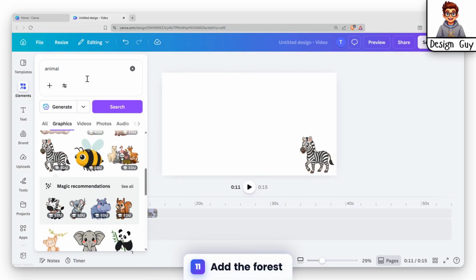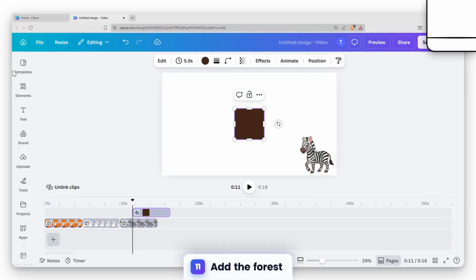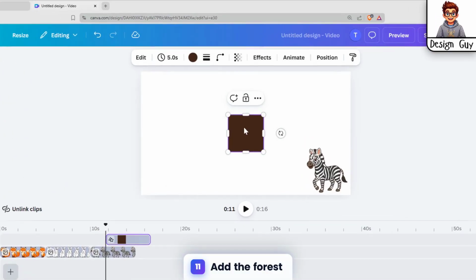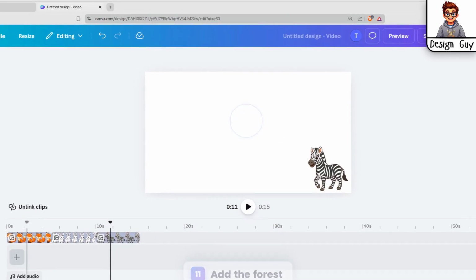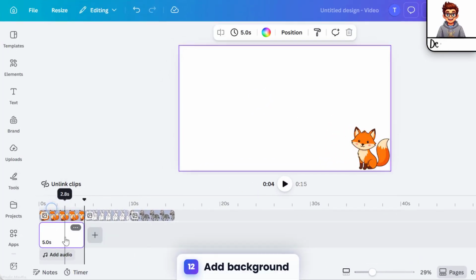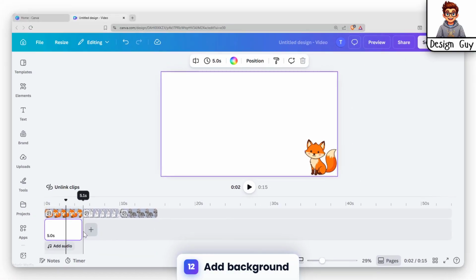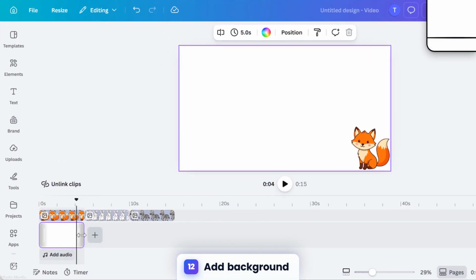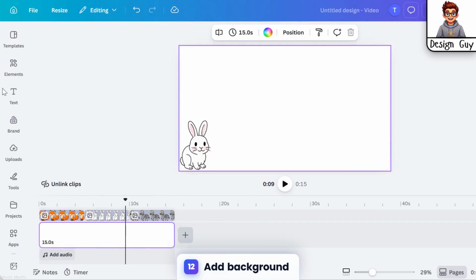Click this option first, then add the forest layer to your project. Make sure to select it correctly before moving on to the next step in the process. Next, let's add a background to enhance our design. Locate the Background tab on the left toolbar, click it, and choose a color or image that complements your project